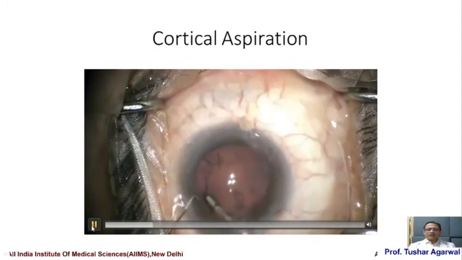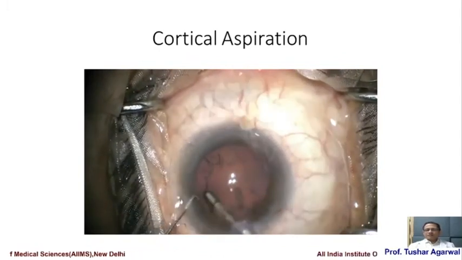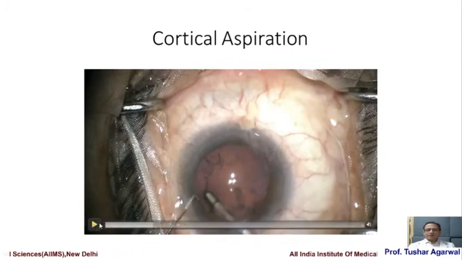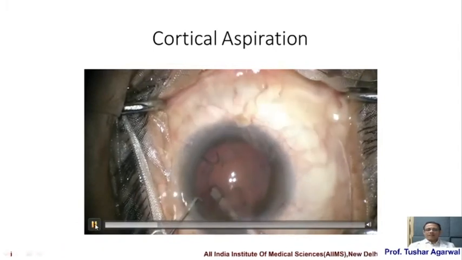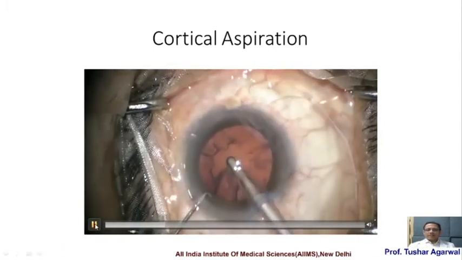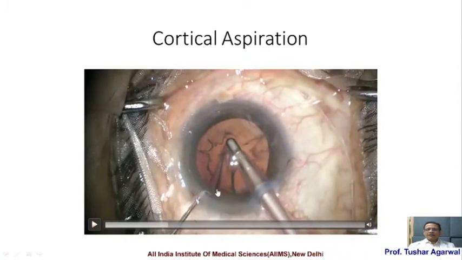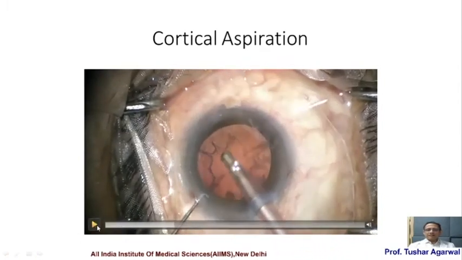Once you do that, remember you are in position 2, in phacoaspiration settings. At position 2, you are giving vacuum. Once you have had a good hold on the anterior lamellae, peel them. Peel the fibers till they get peeled towards the center. Once they are peeled towards the center, at this point, increase the vacuum so that they get aspirated.